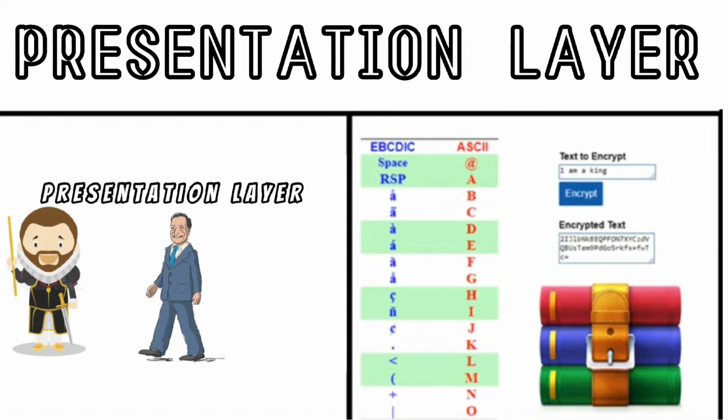The second layer of the OSI model is the presentation layer, in which the minister changes the language format, that is Spanish to English, encrypts